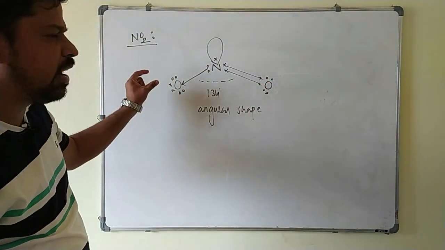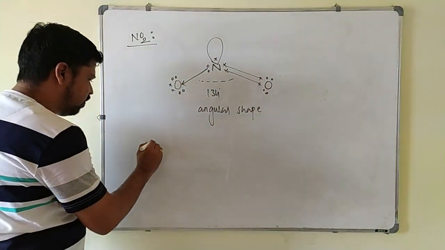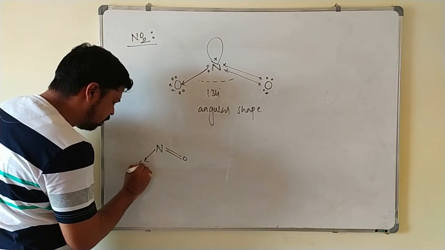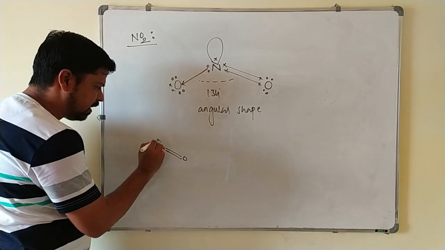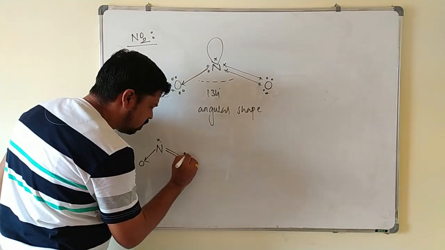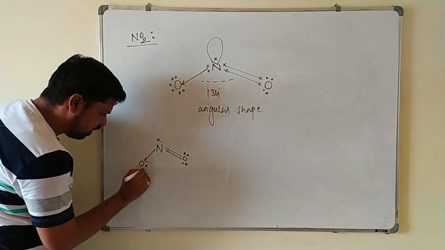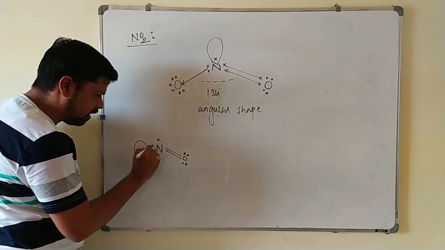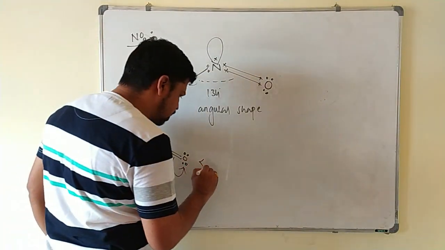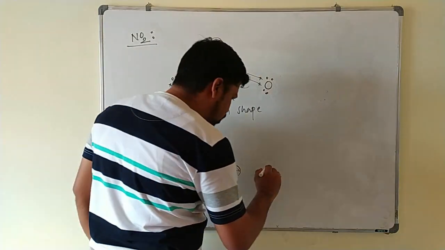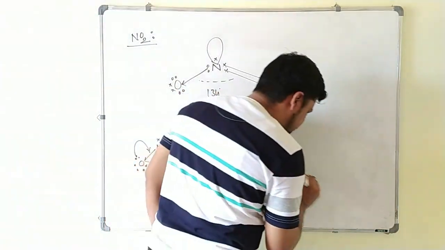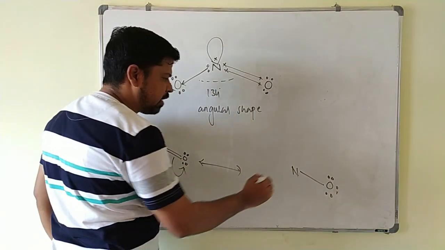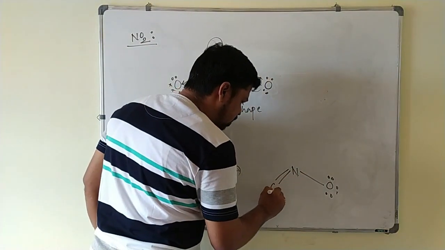Okay. Now you can write the resonance structure of NO2 also. You can write it like this. Nitrogen. These are 2 oxygens connected to the nitrogen. This is 1 lone electron here. Okay. Now these are 2 lone pairs of electrons. Here you have to write 6 electrons. Okay. Now you can give these electrons here, and these electrons are going to this one. Again you can write the resonance of the NO2 molecule like this. Here you will get a single bond, oxygen. Next, this is 6 electrons. Again you will get a double bond here, oxygen.